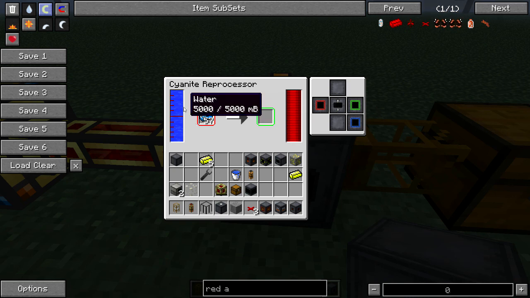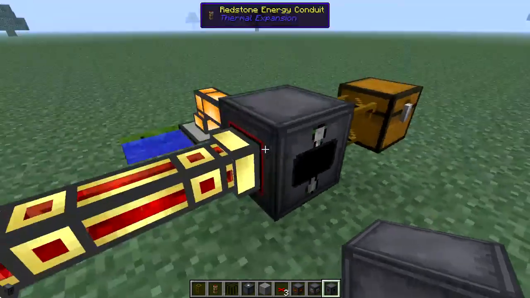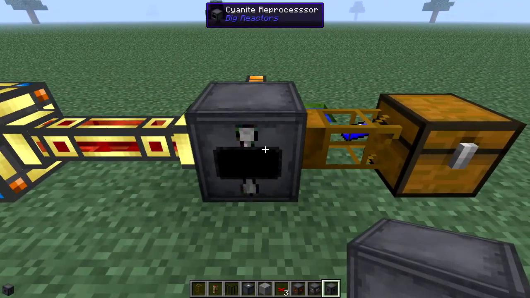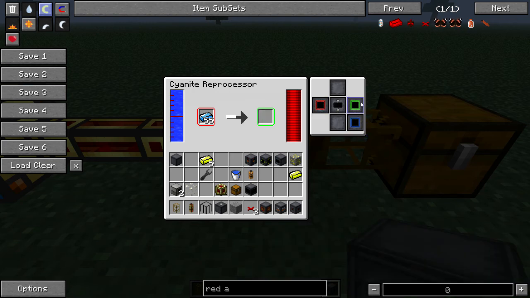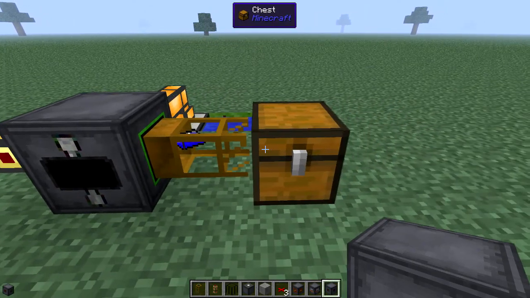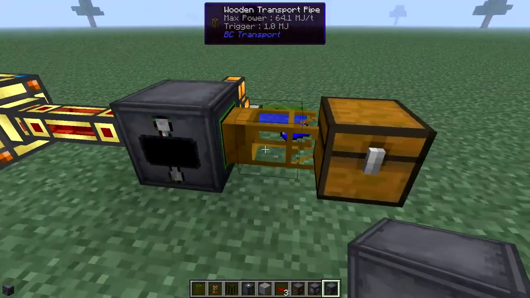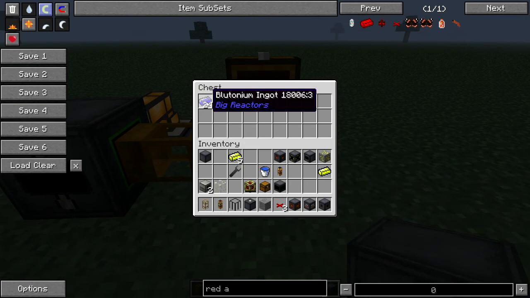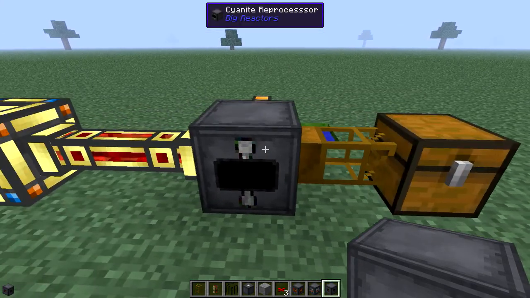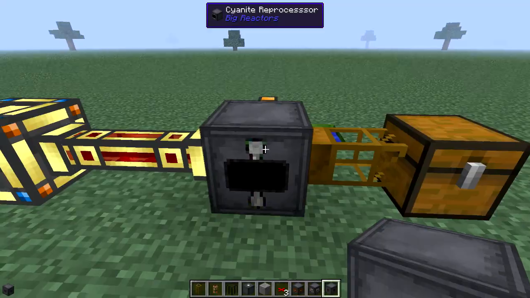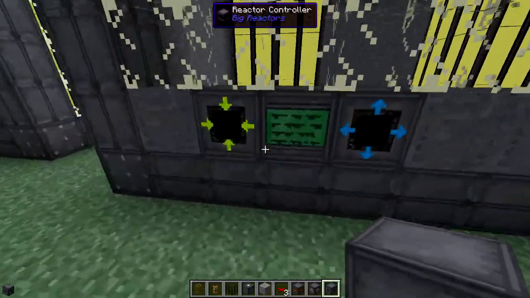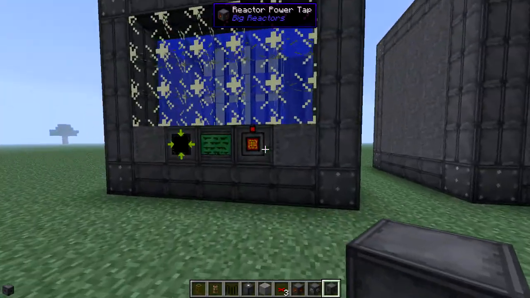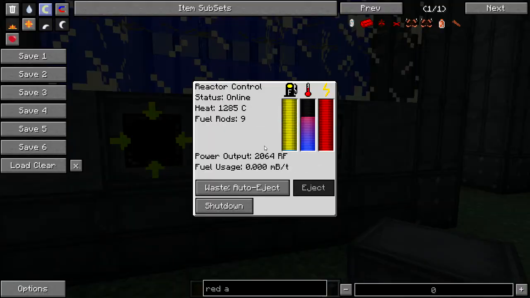Now you can see here this input slot is marked red, and you can control the input just like Thermal Expansion, and the output is green. The input for water is blue, and that's it. As you can see, they auto eject into this chest. And these can be used as fuel also. If I have an empty reactor somewhere,